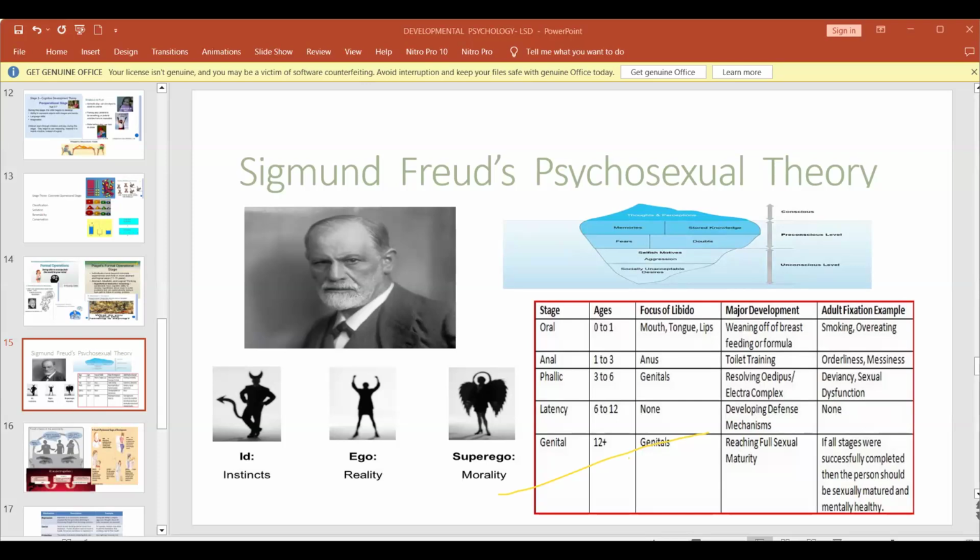So I have put two words here, Oedipus complex and Electra complex. Oedipus complex is the son's attraction to the mother. Electra complex is the daughter's attraction towards the father. I repeat, Oedipus complex is the son's attraction towards the mother. Electra complex is the daughter's attraction towards the father. And they know they are guilty because the superego says it's not right. So they try to identify with the same-sex parent to control this and to be realistic.